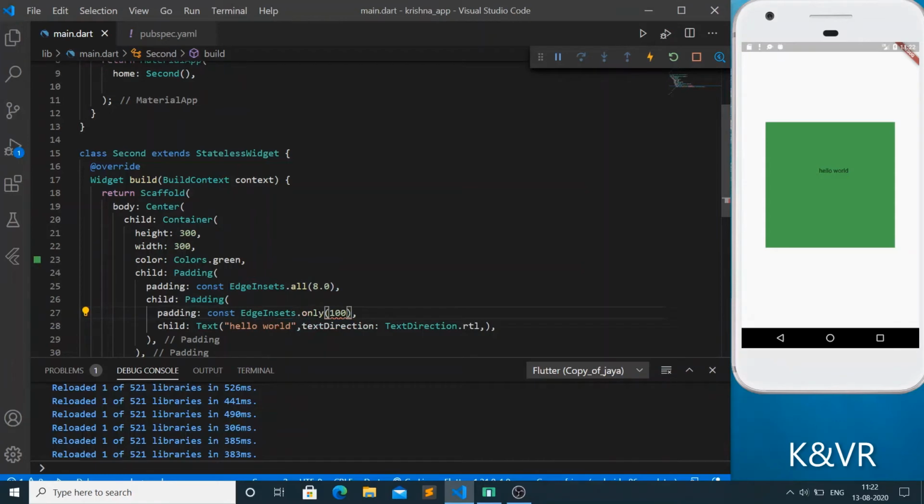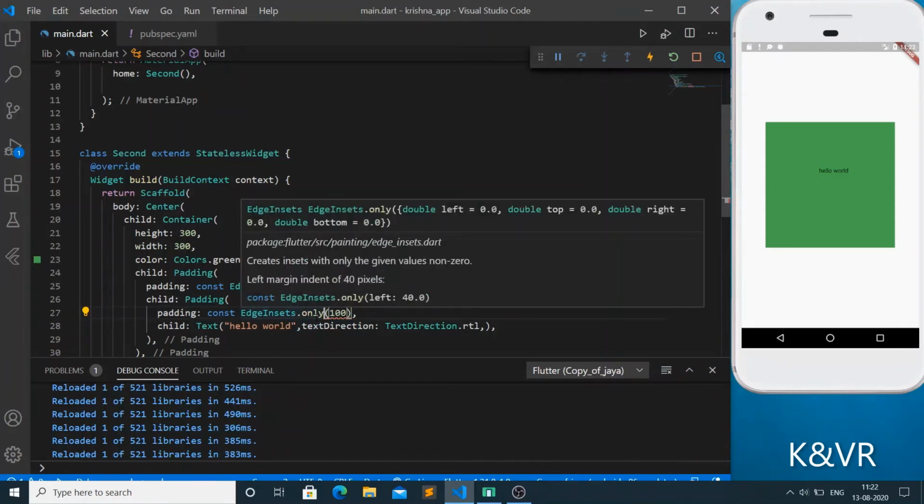For only, it is accepting left, top, right, bottom, like this.